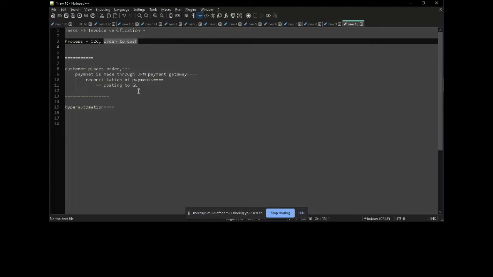As far as possible means there is minimal manual intervention. A manual intervention will always be needed, because systems can learn and maybe they can take care of a lot of things, but there will be instances where human intervention is needed, right?